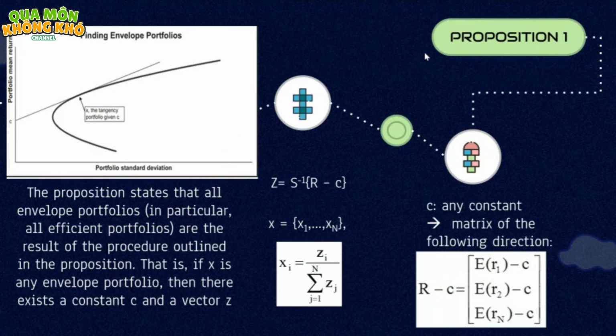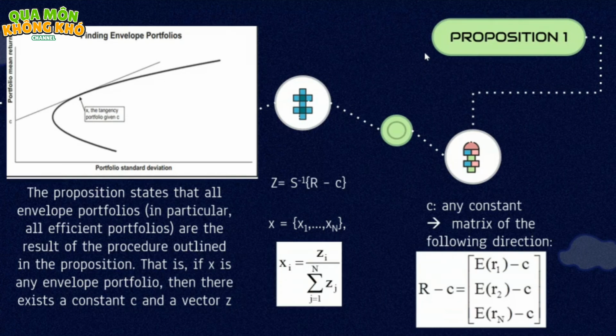And let the vector Z be the solution of the system of simultaneous linear equations ER minus C equals SZ. Then this solution produces a portfolio X on the envelope of the feasible set in the following manner. You can see Z equals S to the minus 1 multiplied by R minus ER minus C, and